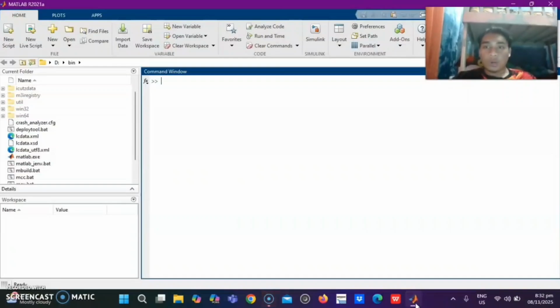First is to open the MATLAB app. Then we have to locate the new script button, which is typically located at the top right of MATLAB. So here we can see a blank script. So you just have to press that and wait for the script to show here.